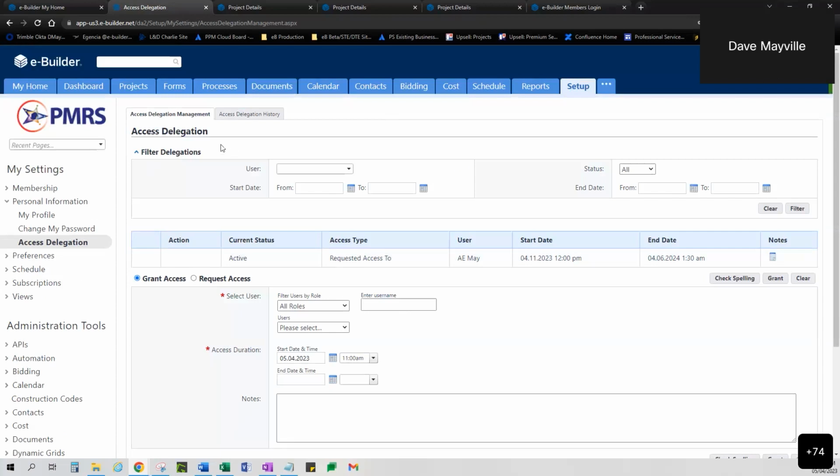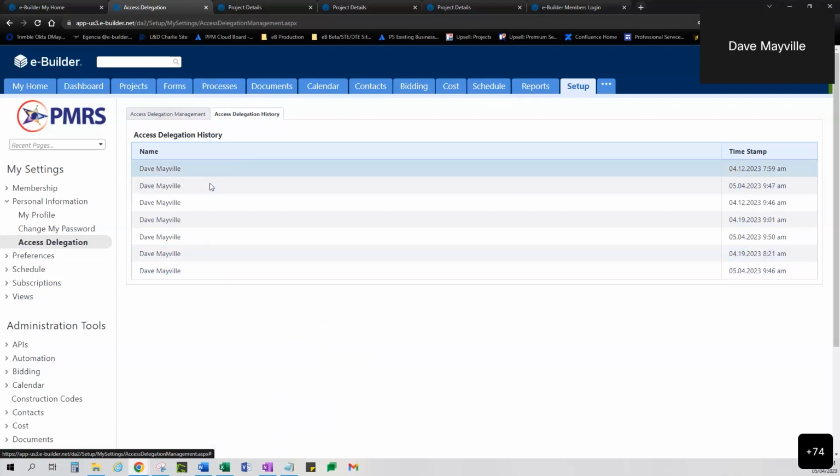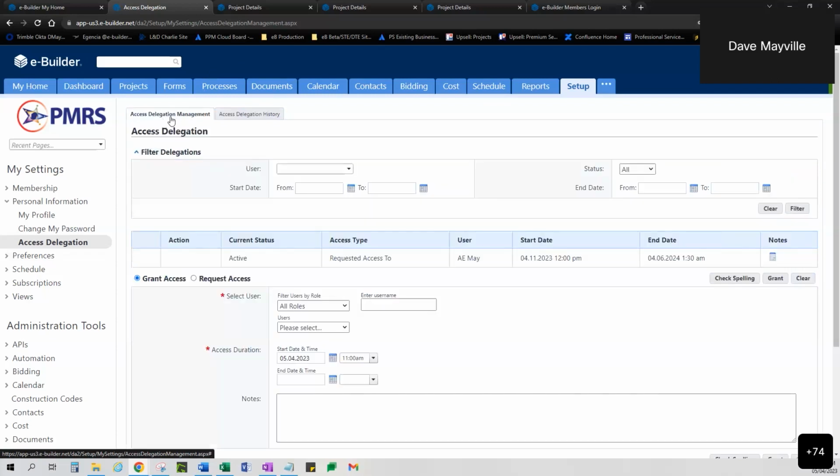In eBuilder, 99% of every page starts with a filter. Of course, eBuilder loves tabs, so if there are multiple areas within that particular module, you'll see multiple tabs here. So this tab, Access Delegation Management, and then you've got Access Delegation History, which shows all of the history for all of the delegations that you've either requested or granted. But in our Access Delegation Management option, here's my filter here. Unless you're using access delegation a lot, you probably won't need to filter,